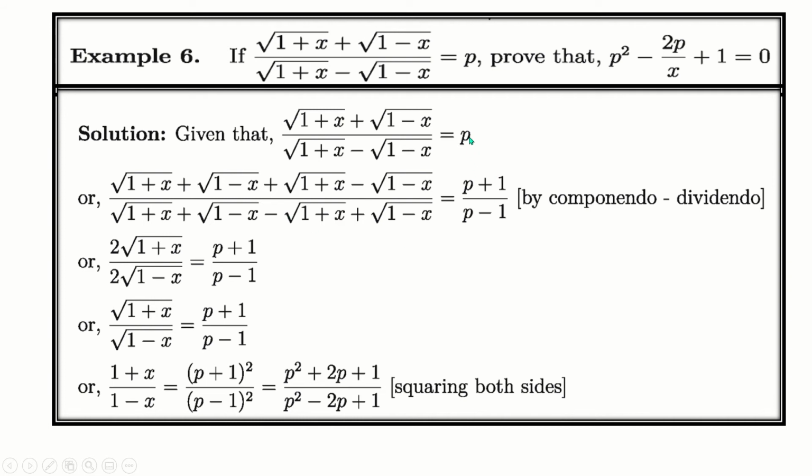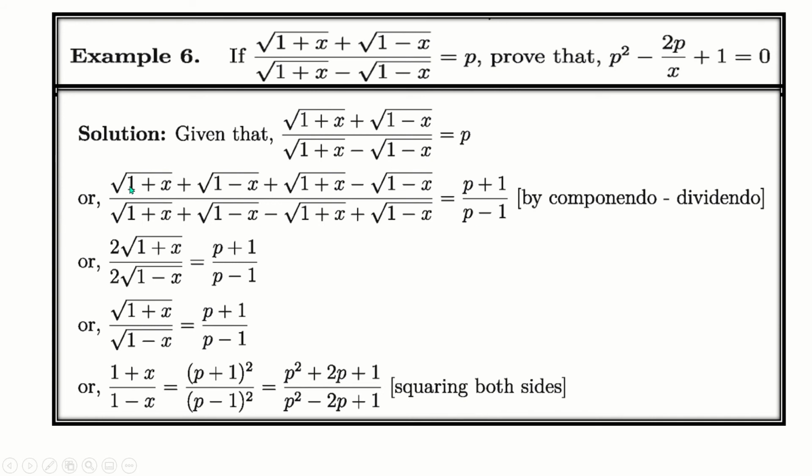Here also this is a numerator and the denominator is 1, so numerator plus 1 divided by numerator minus 1. This is componendo dividendo. We know this relation. Now this and this cut, right side same, so left